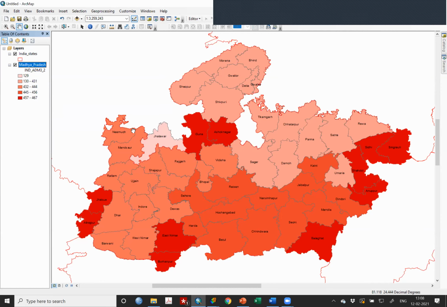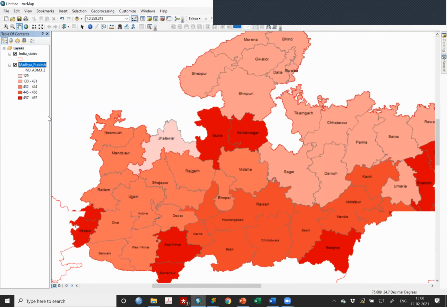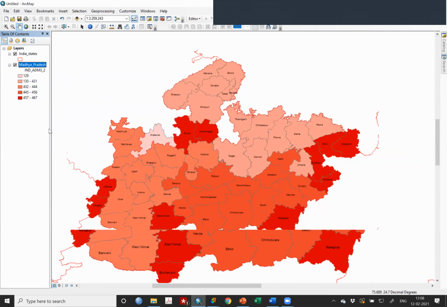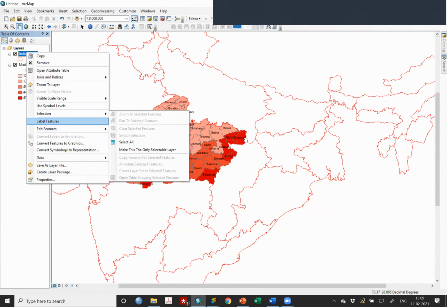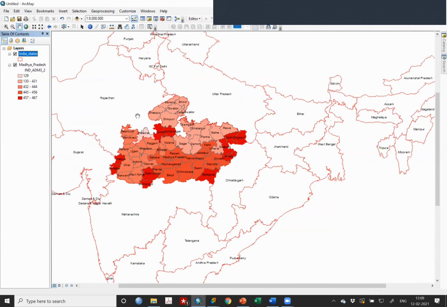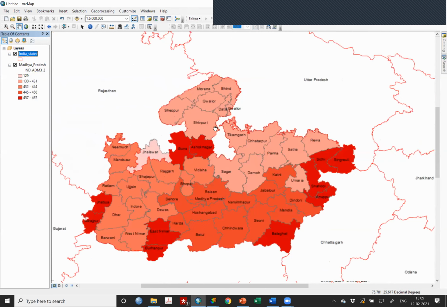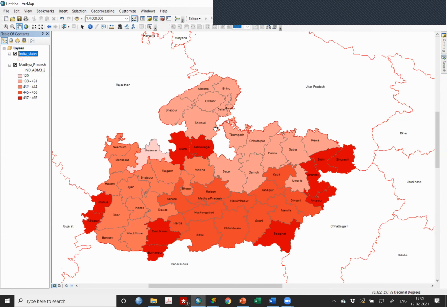For example, you can have districts and you can also label the states. So if I do label feature, you know where Uttar Pradesh and others are located. It becomes better that way. There are lots of other features available.